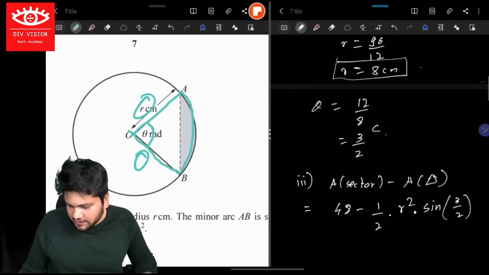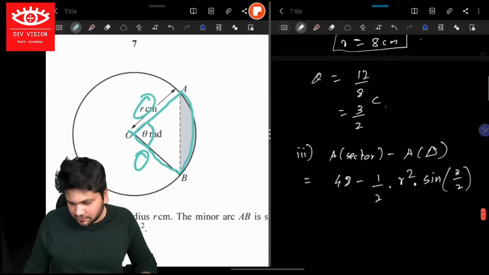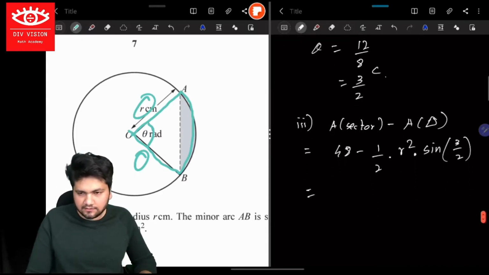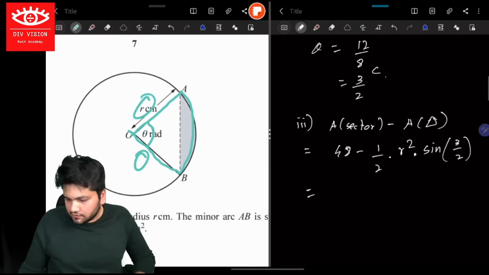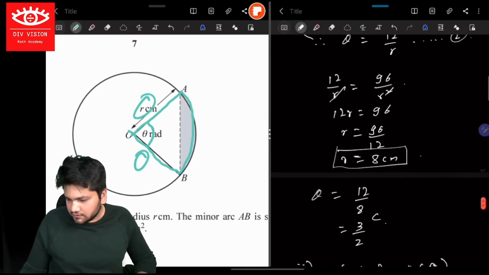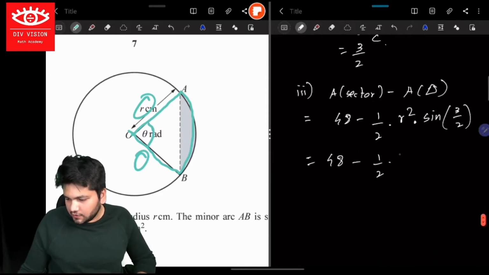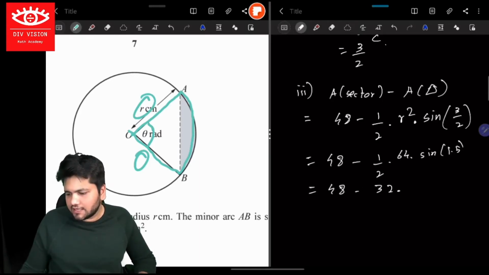And don't, sine of 3 by 2, whatever the value is going to be. Now, just a second. So it's going to be what? It's going to be 48 minus half into r square. Radius was how much? Radius was 8. So that's 8 into 8, that's 64 into sine of 1.5, which you can put in the calculator. So you will get 48 minus 32 times sine of 1.5, which is nothing but